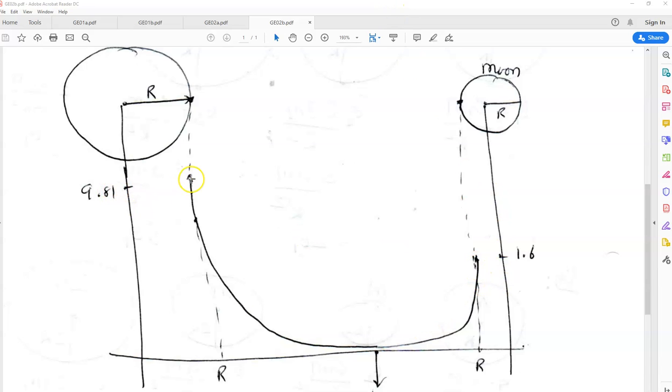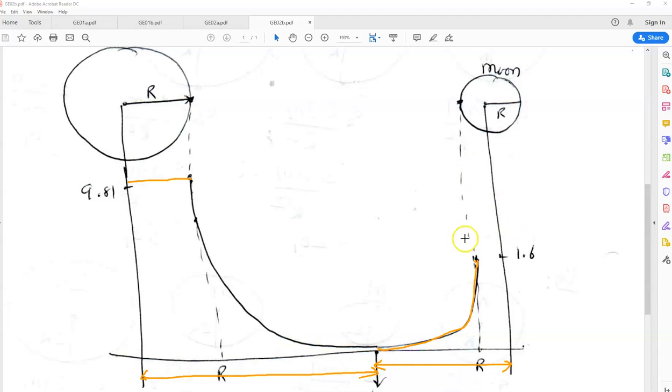because this height, we got this as 9.81, and if the moon gravitational field is 1.6, you have to show this on the graph also. You should make sure that the value starts from almost 1.6 in the graph. So here it starts from here, and the field reaches 0 almost at this distance. Again, you have to keep in mind, the size of the Earth is much bigger than the size of the moon. So obviously the distance where the gravitational field strength is 0 is much further away compared to the moon,